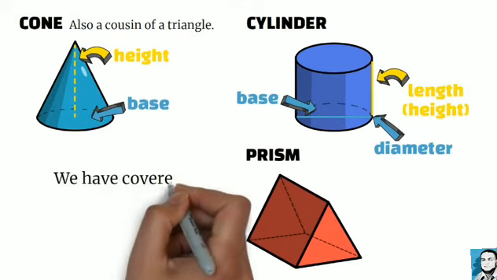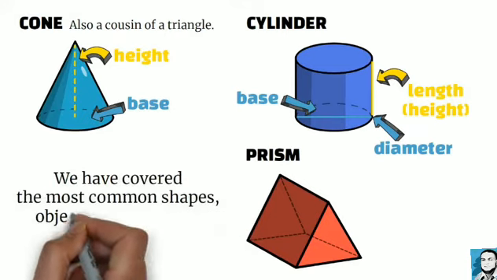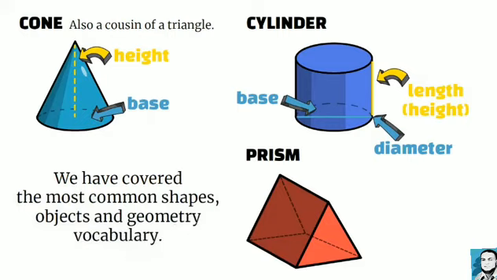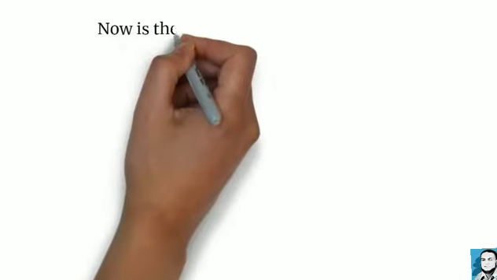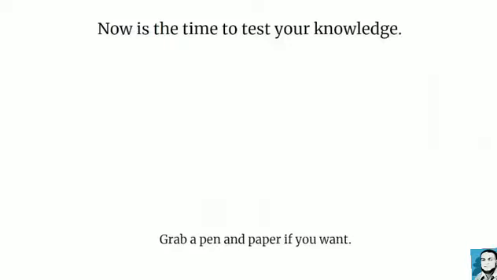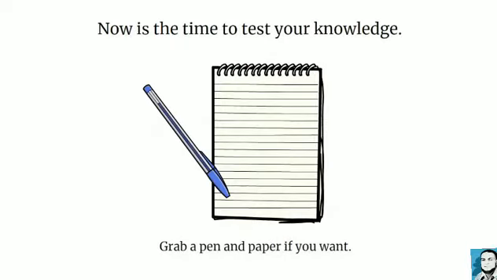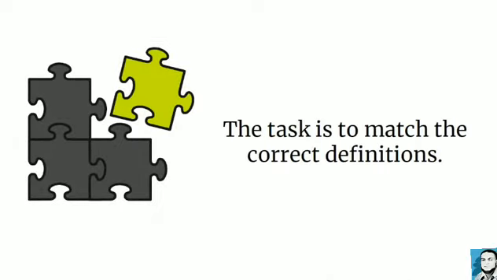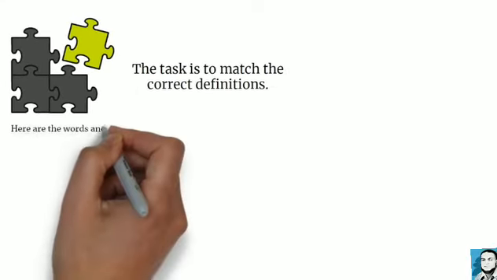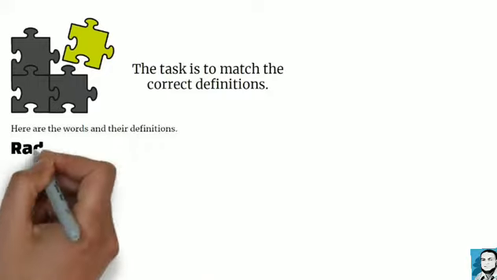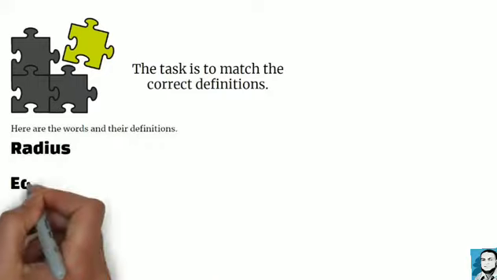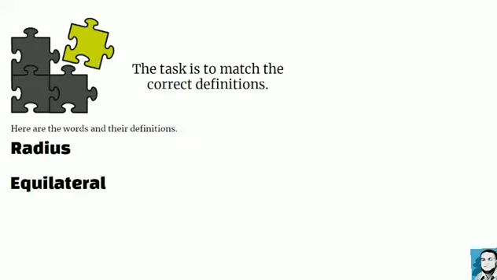Okay, we have now covered the most common shapes, objects, and geometry vocabulary. Now is the time to test your knowledge. So grab a pen and paper if you want. The task is to match the correct definitions. Here are the words and their definitions. Radius, equilateral, diagonal, parallel. And the answers you can choose from are: